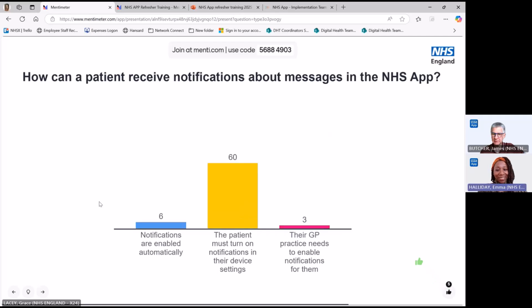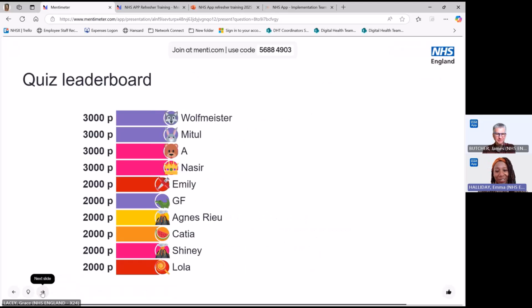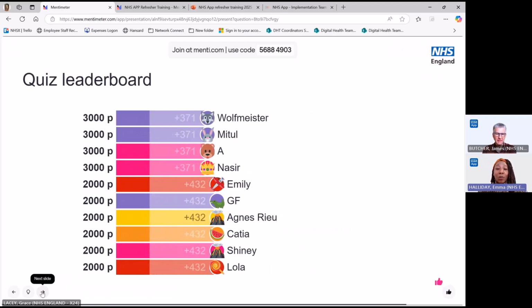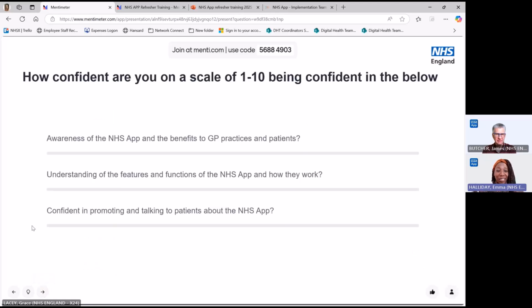Last few seconds. And the correct answer, which the majority of people got, is that the patient must turn on notifications in their device settings, which we will talk about when we come to the notifications and messaging section. So thank you all for playing that. I thought it was a little bit of fun to get us started, but also just to gauge where you are